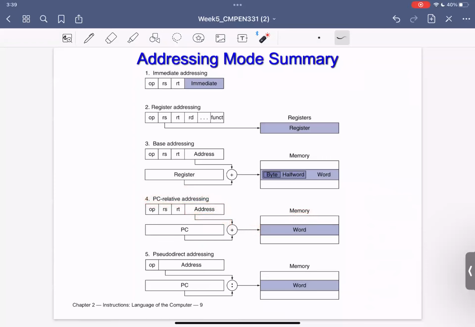The jump address is something similar. You take that address, but instead of addition, you are concatenating with the program counter in a certain way that we will explain later on in the course. After doing this concatenation, you will point to the correct location inside my memory. And these are the addressing modes. Of course, it is expected that you will be familiar with all of these addressing modes and examples of them.